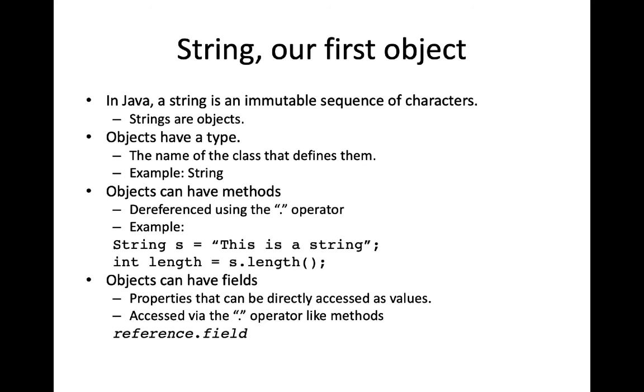If I have instance methods as part of a class, those methods can only be invoked in the context of a specific object. So string objects, for example, have a number of instance methods that will operate only in the context of a specific string. So I can't say String with a capital S dot length, because that doesn't make any sense, right? What string? I can't ask the class as a whole for its length. I need to ask a specific string for its length. So the length method is defined as an instance method, which means that we have to have an instance,